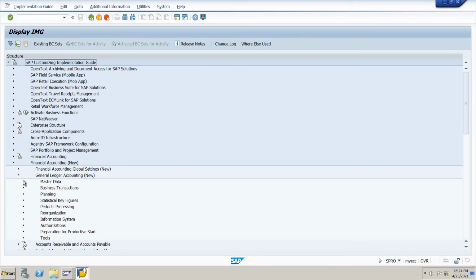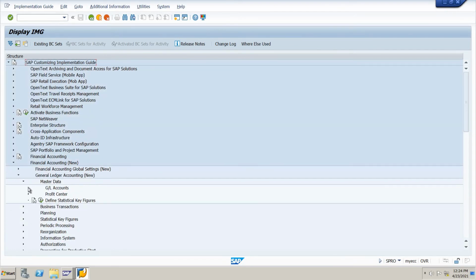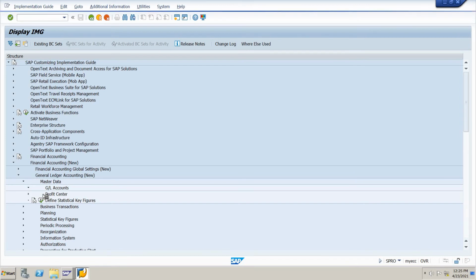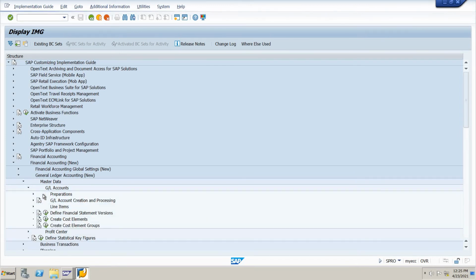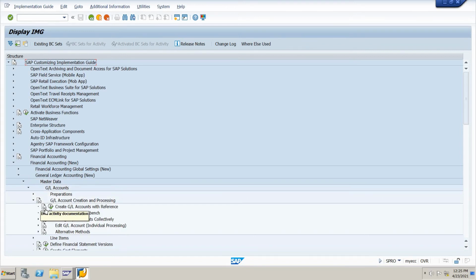And go to master data and GL accounts, GL accounts creation and processing, and edit the GL accounts.